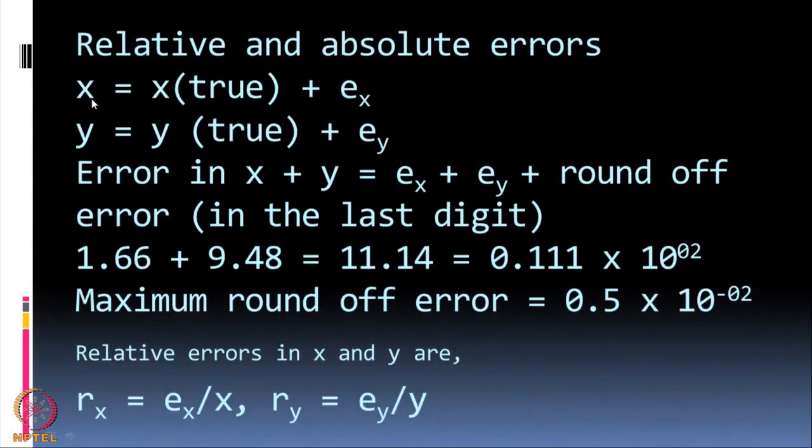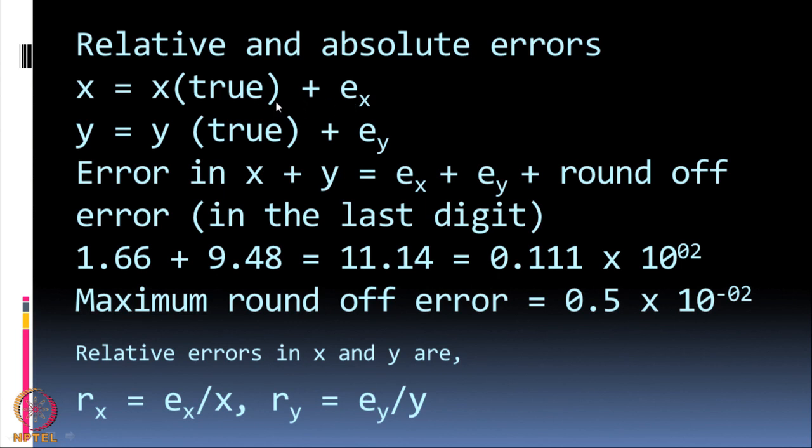So, what is the meaning of error analysis? Whenever you measure any quantity experimentally, there is a true value of this quantity, but there will always be some error. This error could be because your instrument is not accurate enough, or because when you make a measurement there is a human error, an instrumentation error, a random error. So, whatever we measure, it will never be its perfect value, but a value with some error.